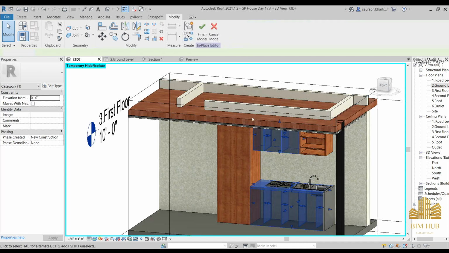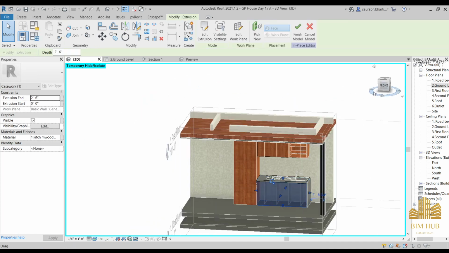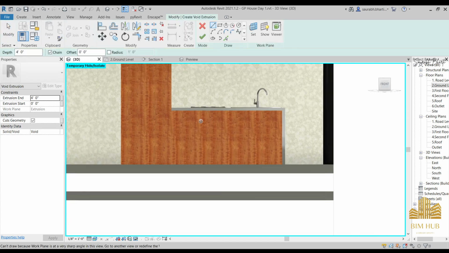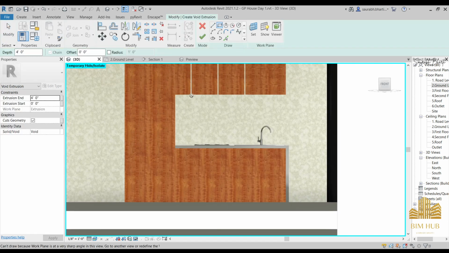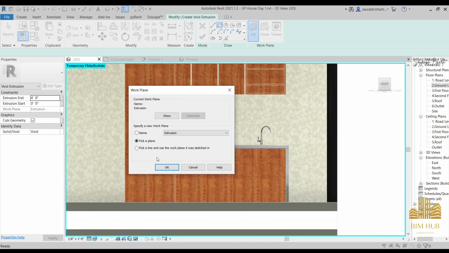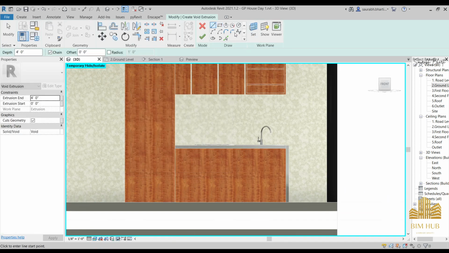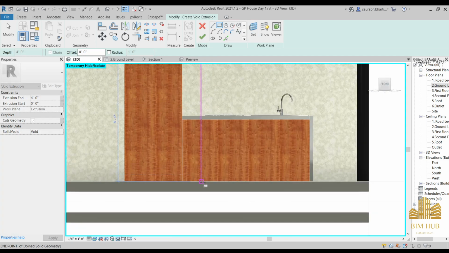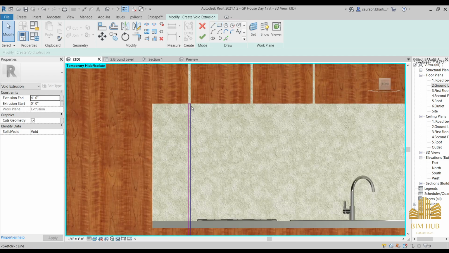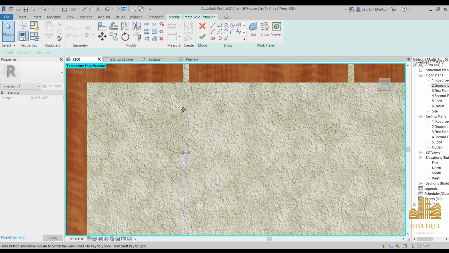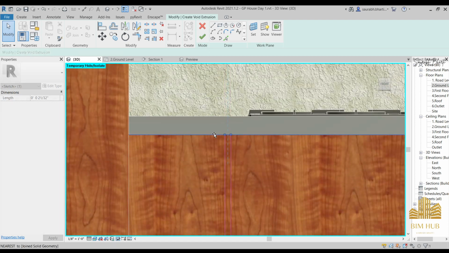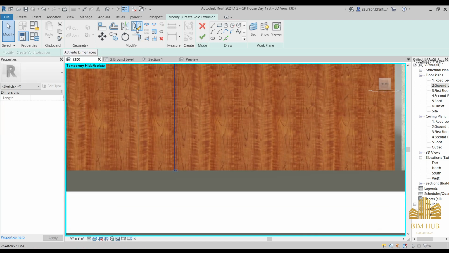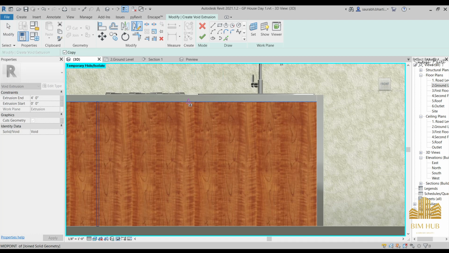If you can't select your void, go to edit in place, select this one, go to the front view, go to the edit, void extrusion, and just select the same extrude. Okay, set a plane, pick a plane, and pick this plane, and then just reduce the size of it, select this, mirror it from the middle,